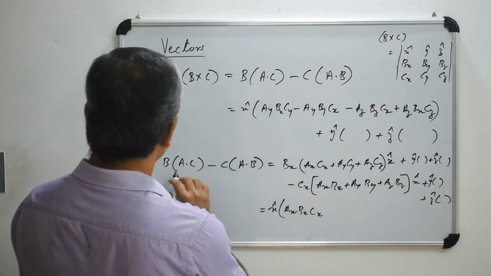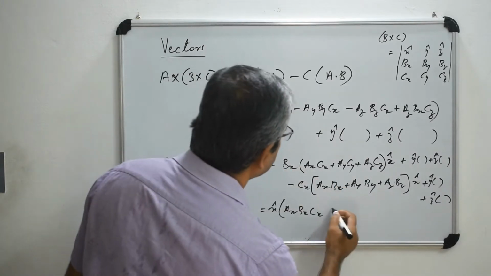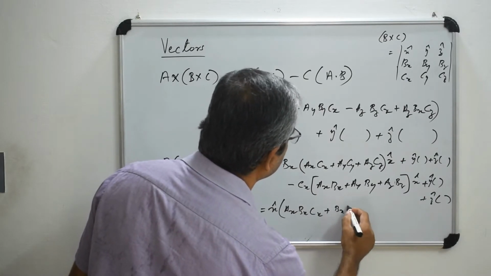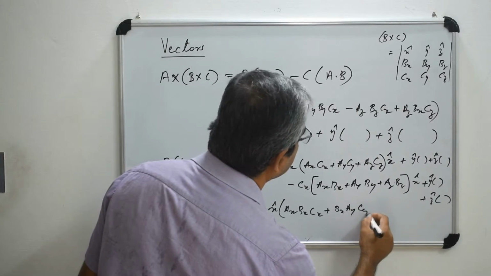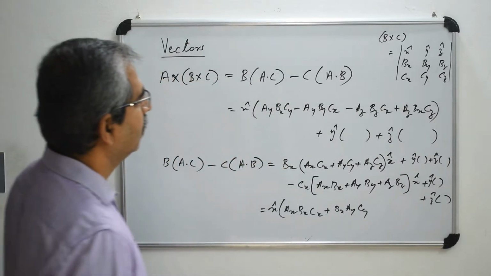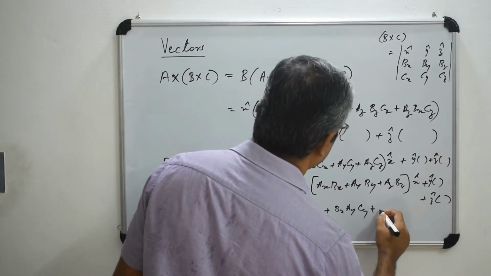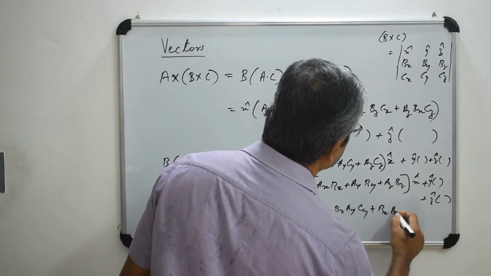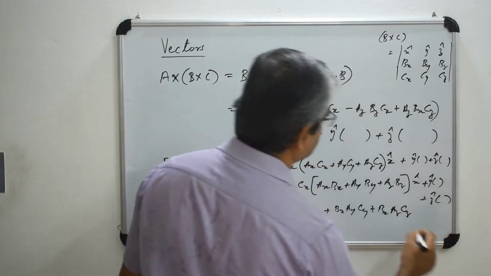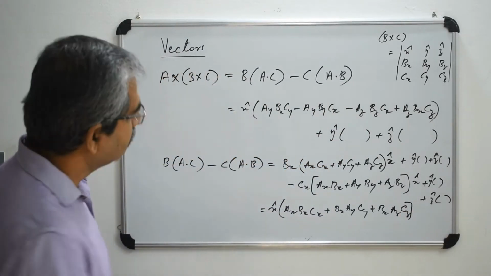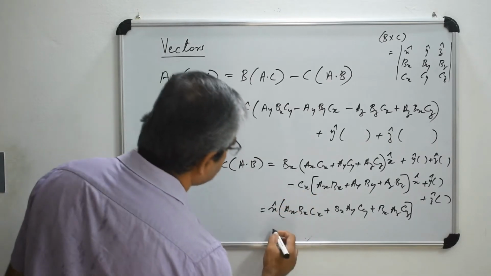Ax Bx Cx, then plus Bx into Ay Cy, plus Bx into Az Cz, into x cap. Then expand this one. This will be equal to